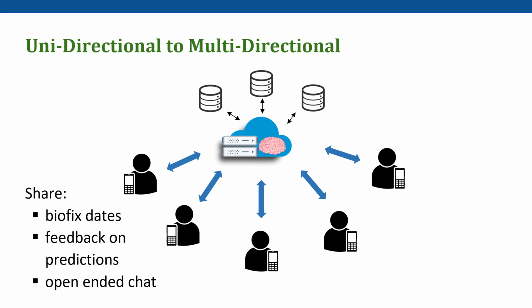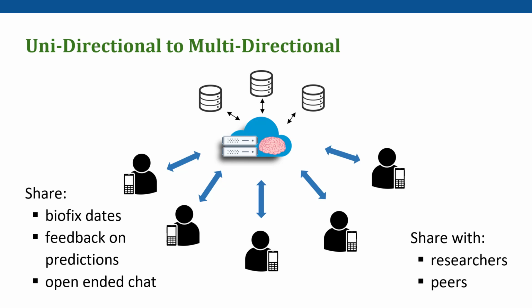So could there be options for a user to share their biofix date, where there's maybe some feedback on the prediction of the results? A lot of apps go viral because they provide an opportunity for open-ended chat. We see that with a lot of citizen science apps. People like that. Not saying that growers would like that. They're special and private, but maybe. And there's options to think about and ask growers if they would be interested in sharing their data with researchers. Because if we can improve these models, if we can improve our biofix estimates for a whole county, a whole part of the state,